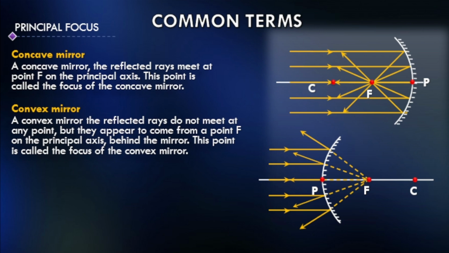This point is called the focus of convex mirror. तो जैसे कि आप देख सकते हैं, पैरेलल रेस जब कॉनकेव मिरर पर गिरती हैं, वह एक पॉइंट पर मिलती हैं। वह पॉइंट प्रिंसिपल एक्सिस पे है, एंड उस पॉइंट को प्रिंसिपल फोकस कहा जाता है।